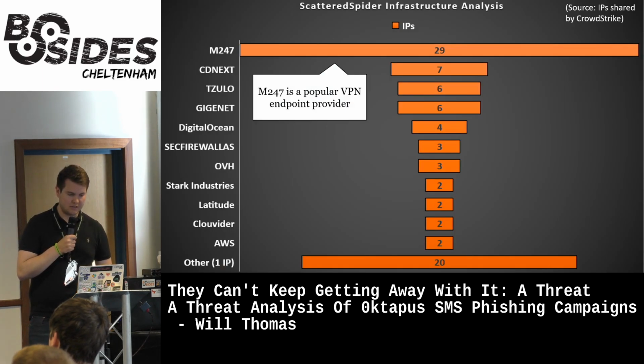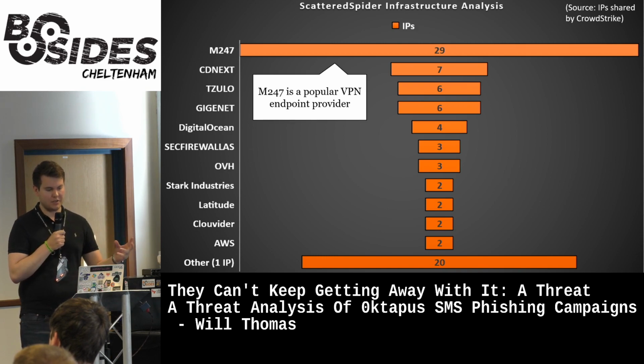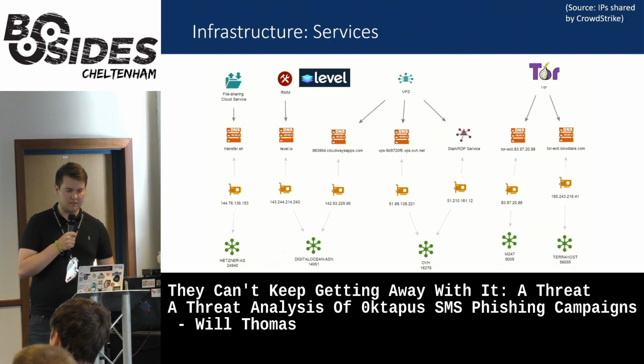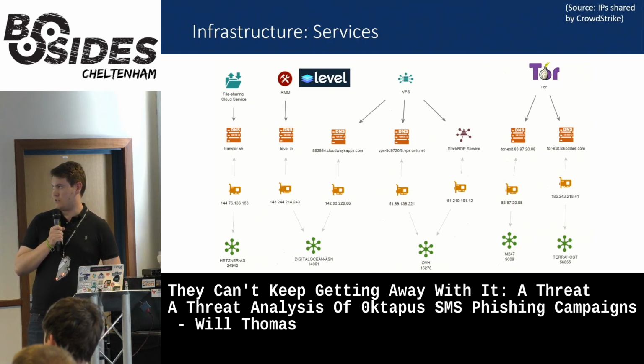Other interesting thing is that these guys use M247, the hosting provider, for a lot of their IP endpoints, the final step in their attacks. The interesting thing about M247 is that they are very popular with a lot of VPN companies to host their VPN exit nodes. And yeah, so these threat actors, to actually conduct the rest of their campaigns, they use